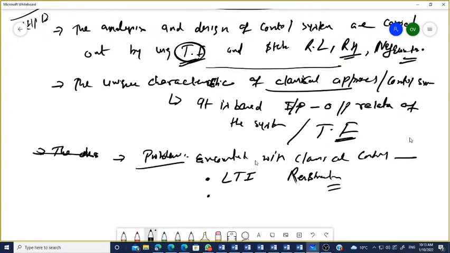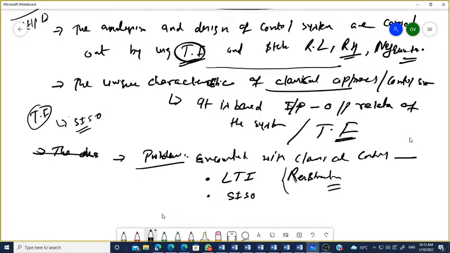Second thing, since you know that when you are going to find the transfer function, it means the system should be single input, single output, SISO system. Yes or no? So again the restriction is the SISO system. When multiple input, multiple output comes, you are not able to find out the transfer function. Simple. Yes or no?